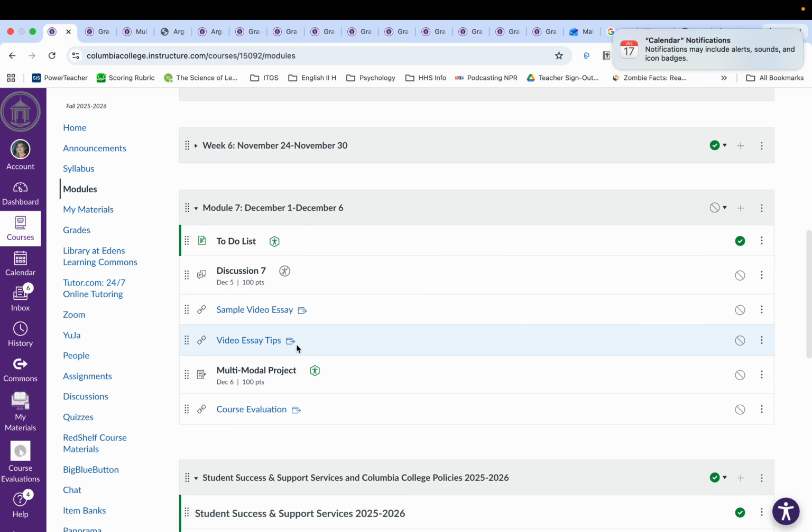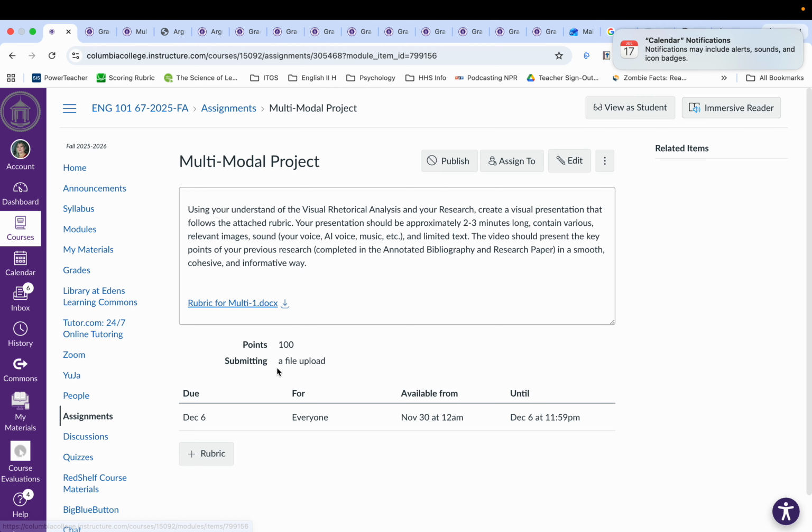So, what exactly is your multimodal project? Well, it follows the line of thinking that we've had throughout the course. The first assignment that I had you do, the visual rhetorical analysis, was intended for you to be able to take a look at an image, give some vital feedback about it, and understand the power of that image.